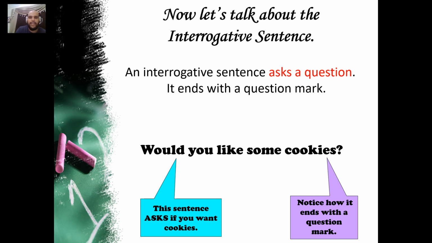For example, when you say here, would you like some cookies? The original sentence is, I would like some cookies. How am I going to ask the question? I'm going to make an inversion. The question starts with the verb, then it's going to have the subject. Here we have, would you like some cookies? You can see that we have would before the subject you. However, in the declarative sentence, it's going to be, I would like some cookies. That's why you're going to decide whether it's an interrogative sentence or a declarative sentence to add the right punctuation,